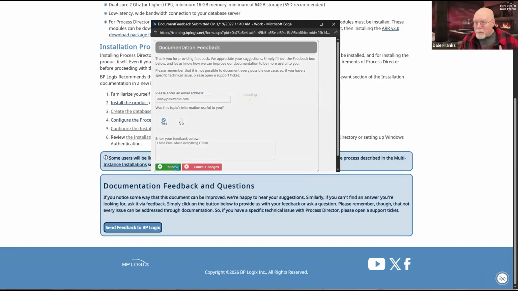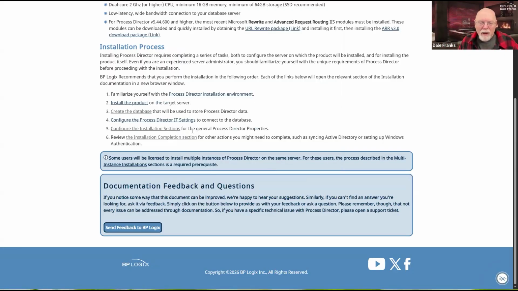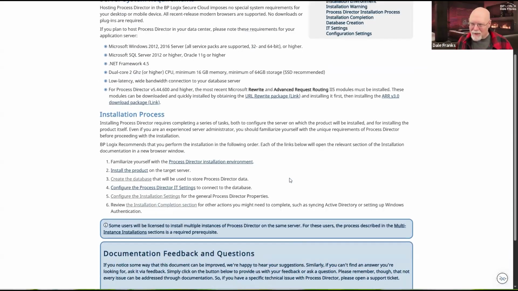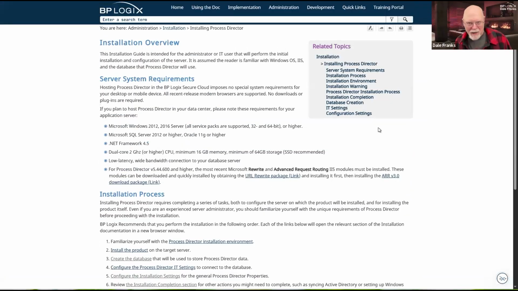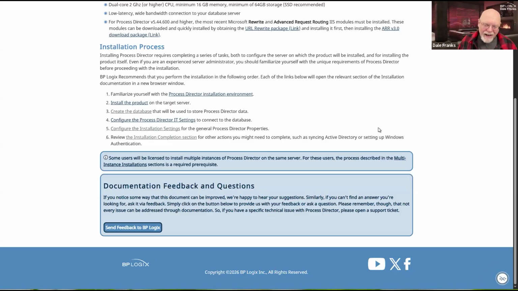Now, from my perspective, receiving feedback, these two fields, the email address and I hate blue, make everything green, is probably okay as a generic complaint because you don't like that we have a bluish color scheme corporately for BP Logics. Okay, I get it. None of your business, but I get it.